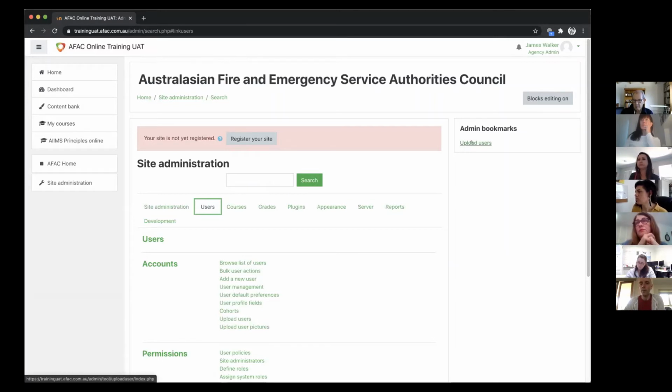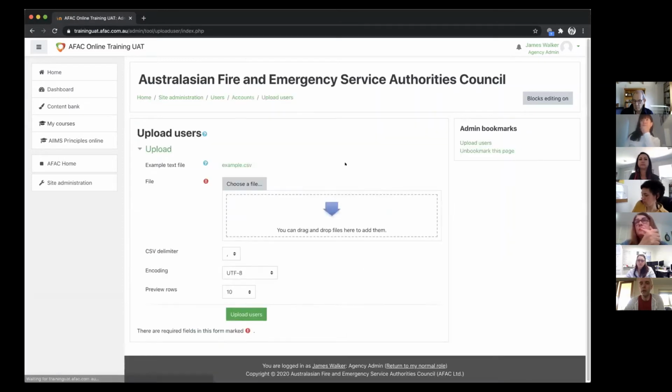As per the previous documentation though, the thing you're after is the upload users function. We use this to perform a bulk upload of students into your own group. This course is set up in the same way as the other courses. It uses groups to segregate users from different agencies from each other. So you will have to construct an Excel file in exactly the same format as you had to in the past. The only change here is that we have a new